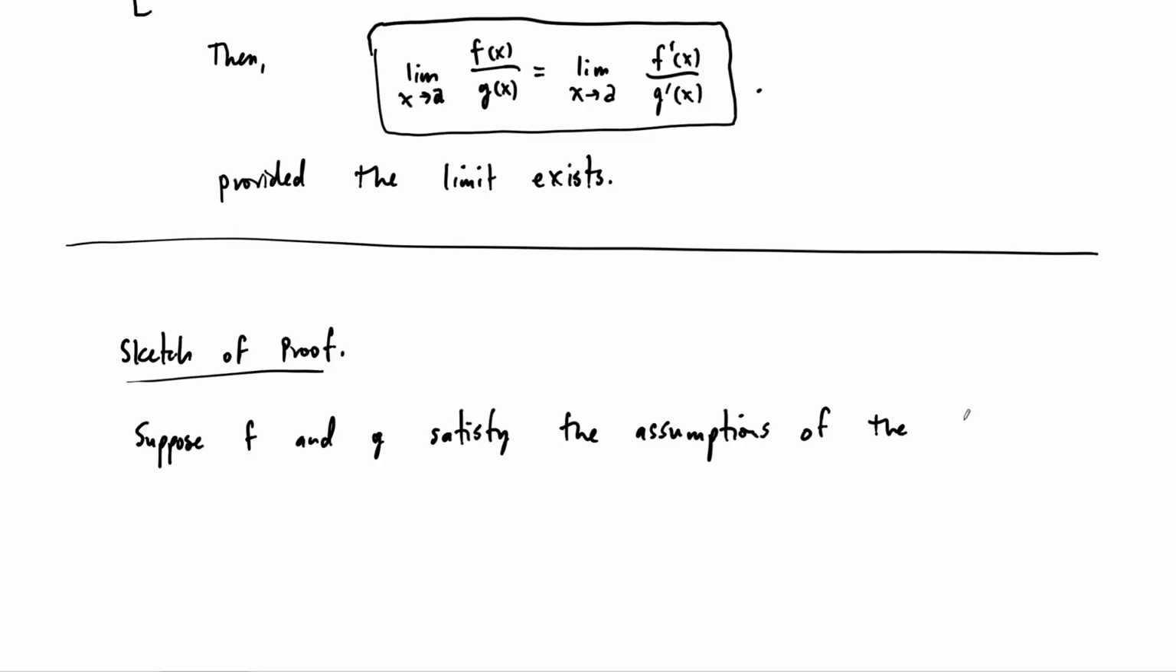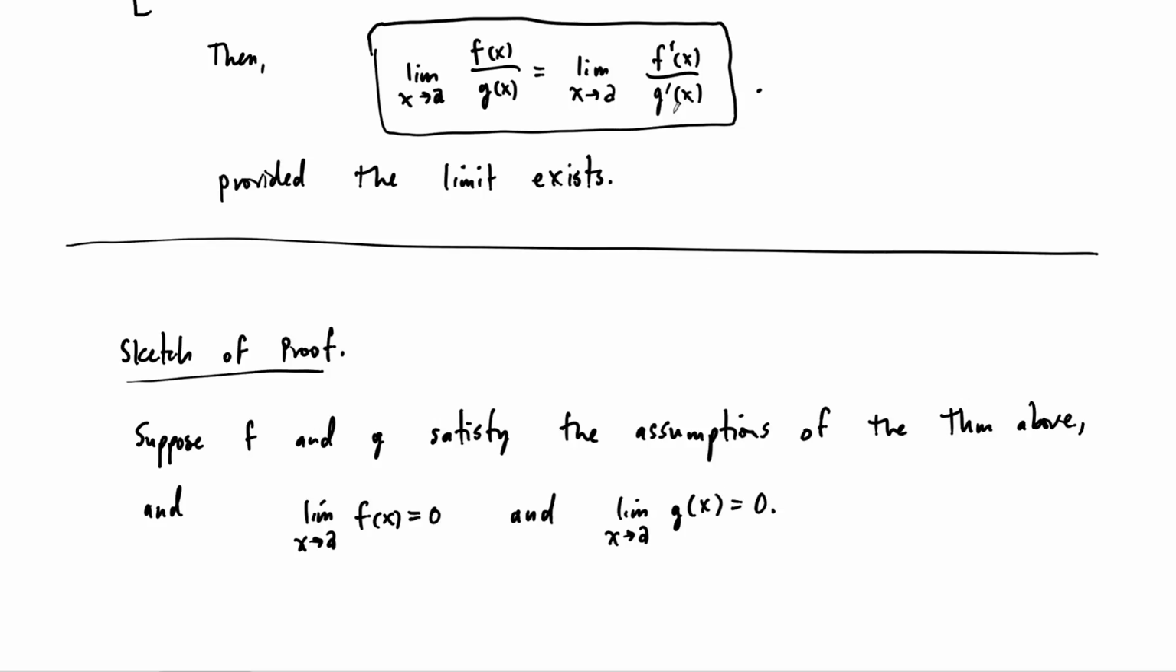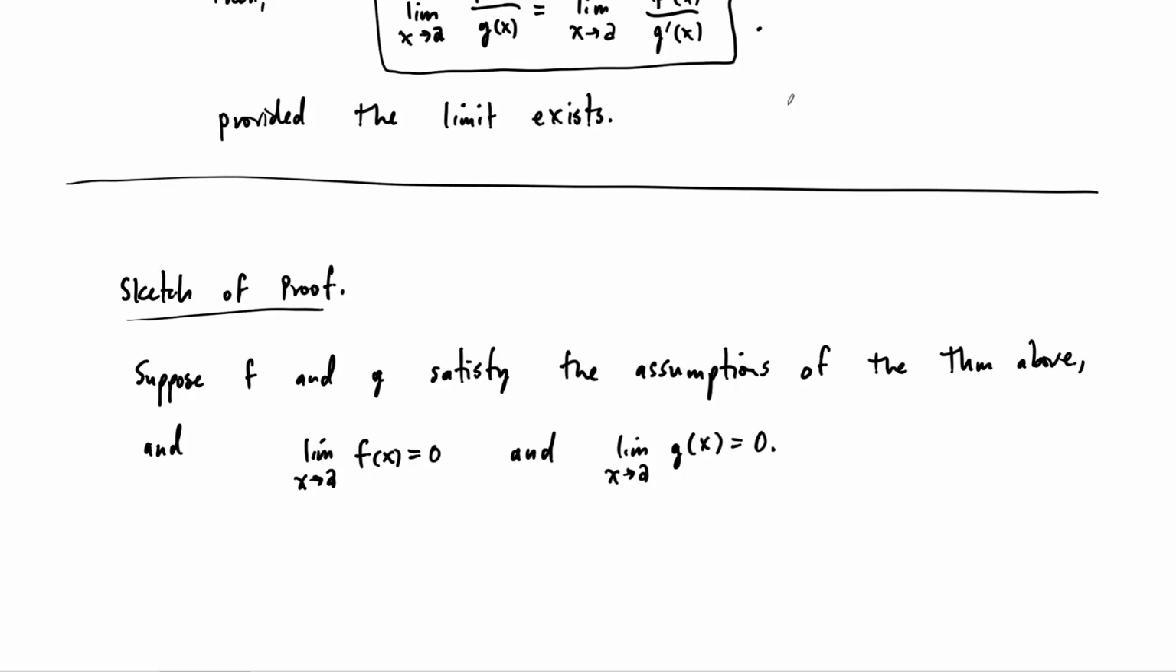So, of the theorem above, let's choose the case that the limit as x approaches a of f of x is equal to 0, and the limit as x approaches a of g of x is also equal to 0. So we'll choose the case where we would get 0 over 0 in this ratio. All right, so the way that we're going to do this is we are going to write down a couple